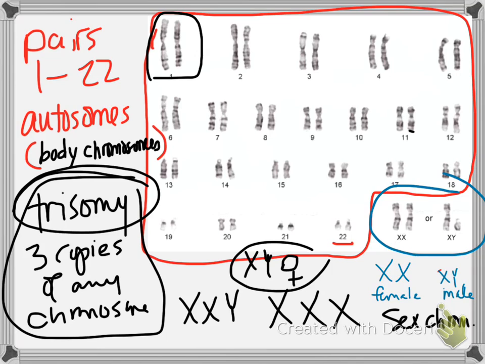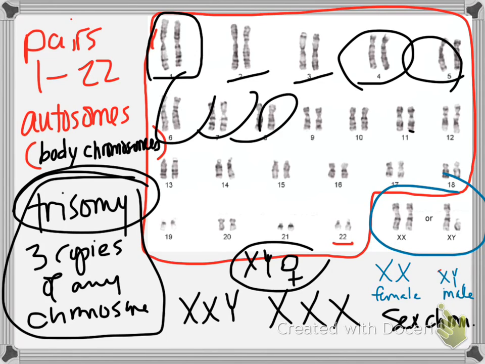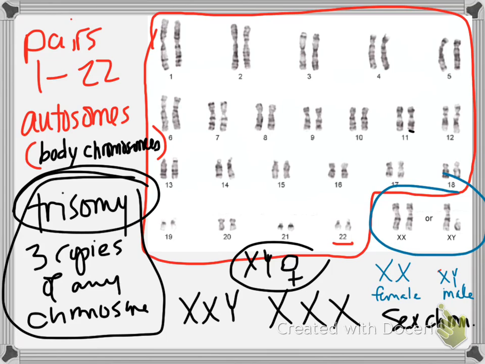So, a trisomy error at 1, 2, 3, 4, 5, 6, 7, 8, and so on. Those are all fatal. You get 3 copies of any of those chromosomes, and there is a miscarriage, period. It is a defect incompatible with life. It can happen because you had an egg with an extra copy. It can happen because you had a sperm with an extra copy. Doesn't matter where it came from. 3 copies of any of those chromosomes, incompatible with life, miscarriage, gone. That's not a viable human. There are too many sets of directions to follow.